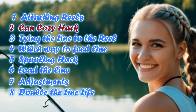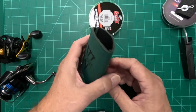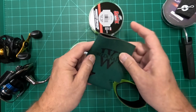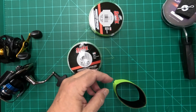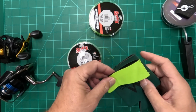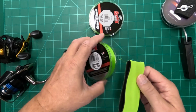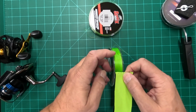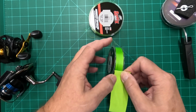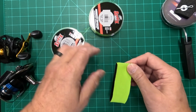Next is a really fun hack using a can cozy. Well, the first thing we're going to talk about is how to do this hack. This is a can cozy. Happens to be the one from the company I used to work for. And basically you can take a can cozy and you cut off the end, something like this, and then you measure up how wide your spool of line is. And it doesn't have to be entirely correct, but you want it at least as wide as your spool. And then you can cut this